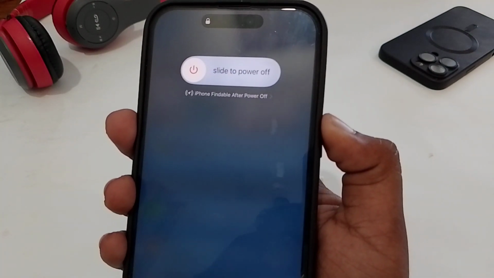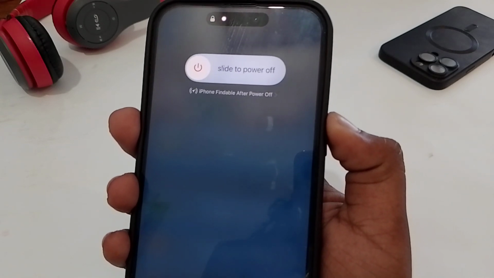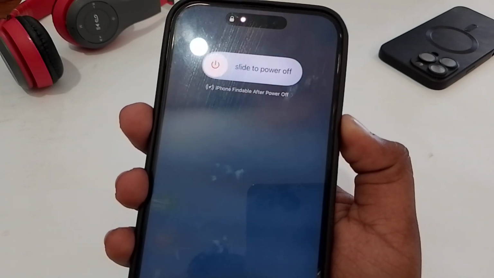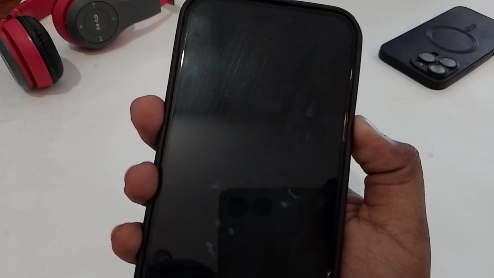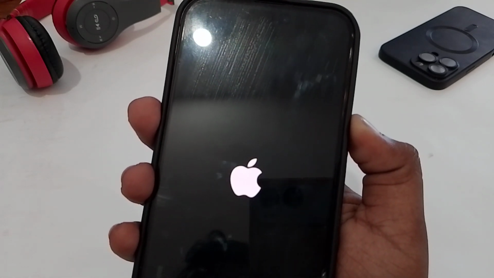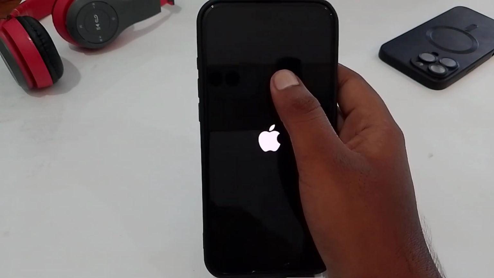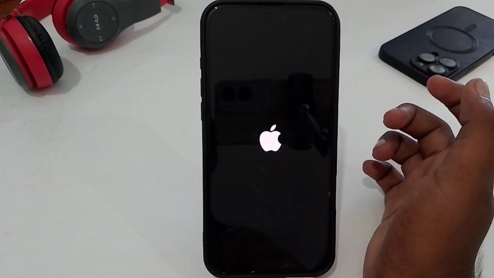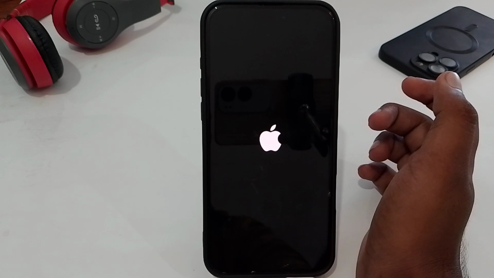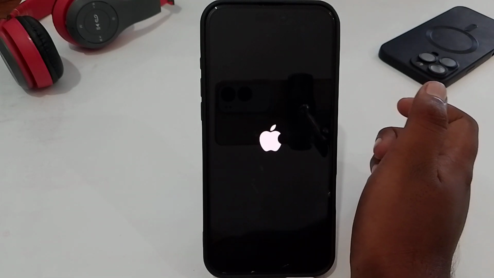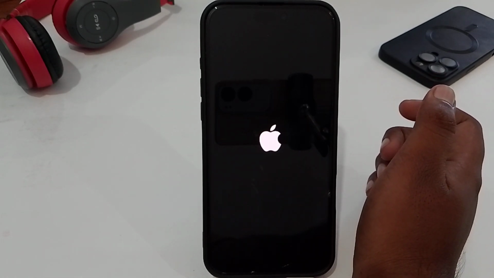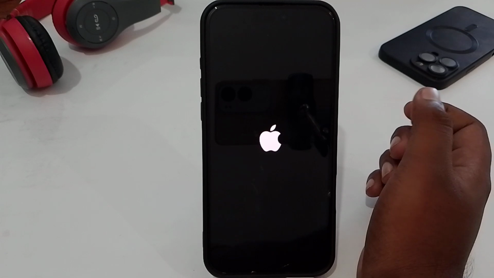phone screen is fully black. Just wait for it, and here you can see my phone screen has gone black. Now wait for the Apple logo, and here's the Apple logo. Now release the button and put in your passcode, and after that your Face ID will be fixed and it will work after the update. So that's how you can fix Face ID failing after iOS